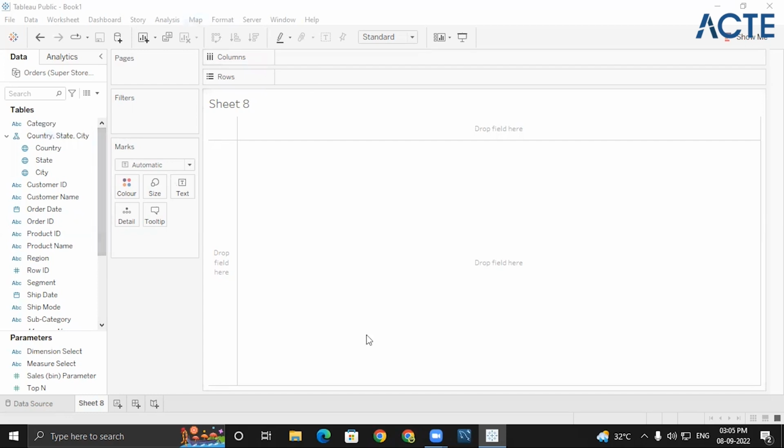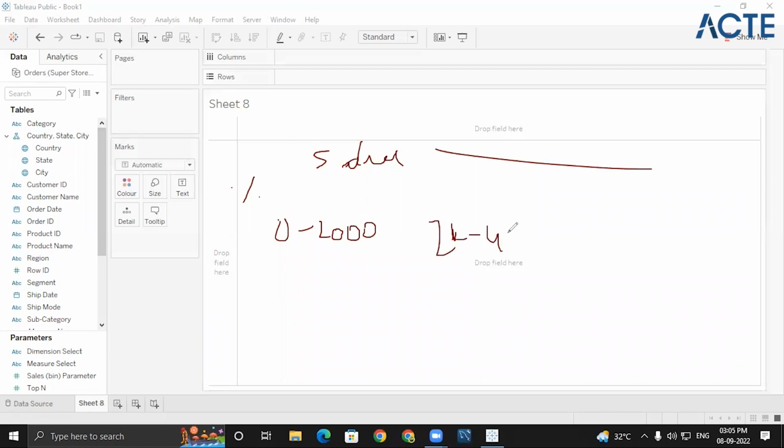Suppose I tell you sales, right? So these are the sales. We have a continuous value in sales, correct? Let's say I tell you to find out, maybe I just want to see the data from 0 to 2000 sales, in which I'm getting 0 to 2 percent of sales, maybe from 0 to 2000, and then 2K to 4000, from 4K to 6000. Getting it? So like that, this is nothing but slabs,